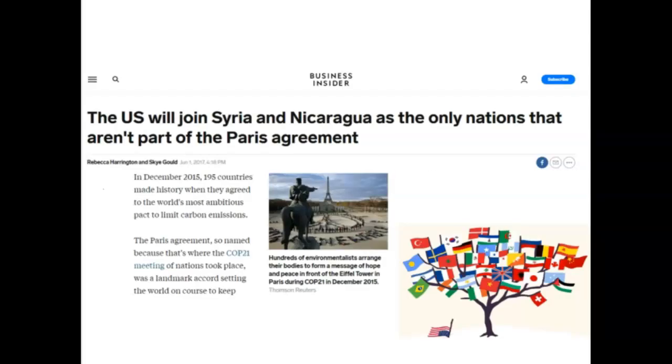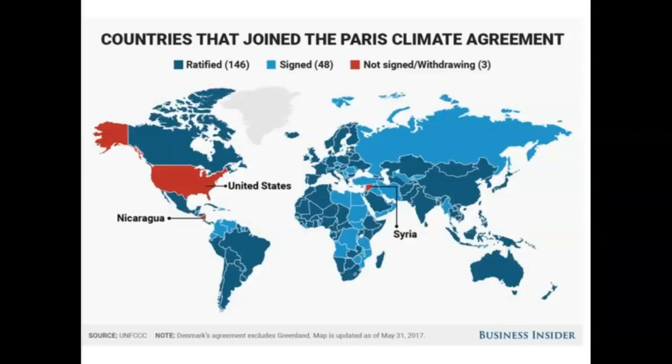To begin with, one of the first actions taken by Donald Trump as president was to declare that the United States would not sign the Paris Accord and would withdraw from the agreement. That puts us in a category with Syria and Nicaragua, the only other nations refusing to sign the accord. Nicaragua and Syria are minor players in terms of greenhouse gas emissions, but the United States is the second largest emitter of greenhouse gases, at 14% of all global emissions. China leads at 29%.